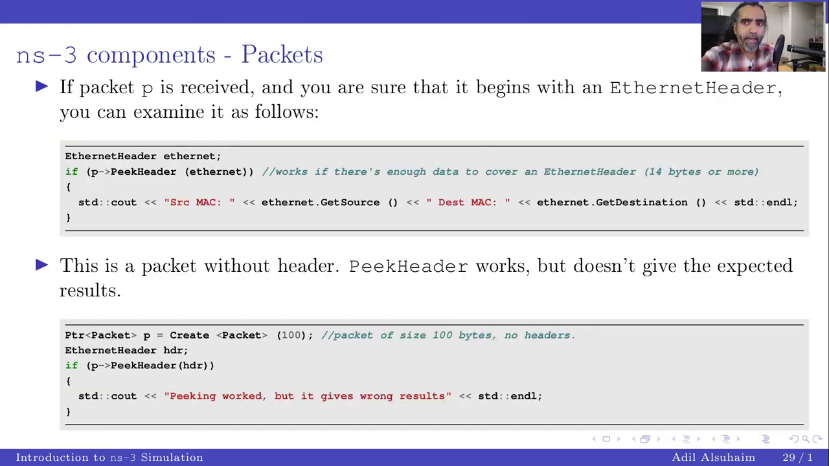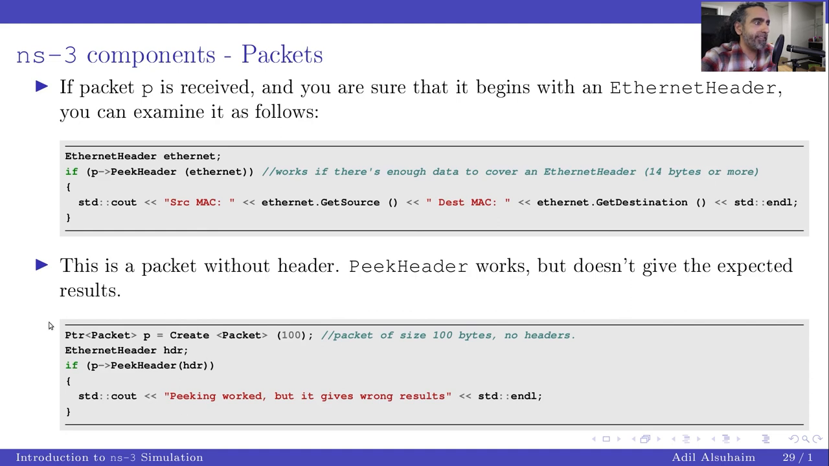Okay, we're back again. So yeah, this peek header, basically only if you're sure that the first header is an Ethernet header, in this case, should you do peek header. And you cannot remove a header if the packet is const. Some callbacks have const packets, so you cannot remove it in this case, so you may need to